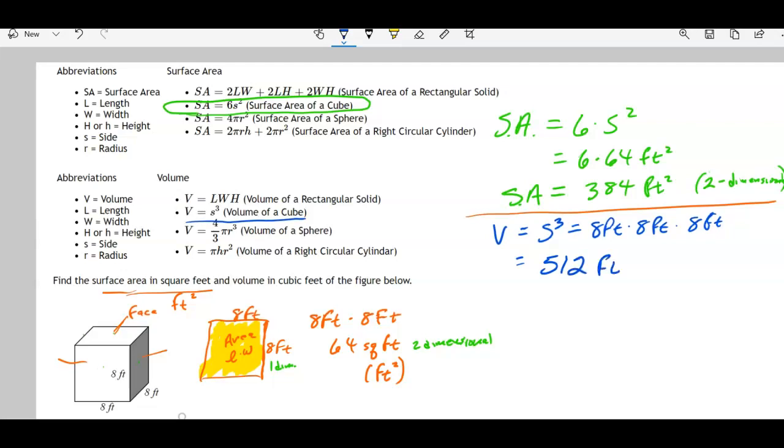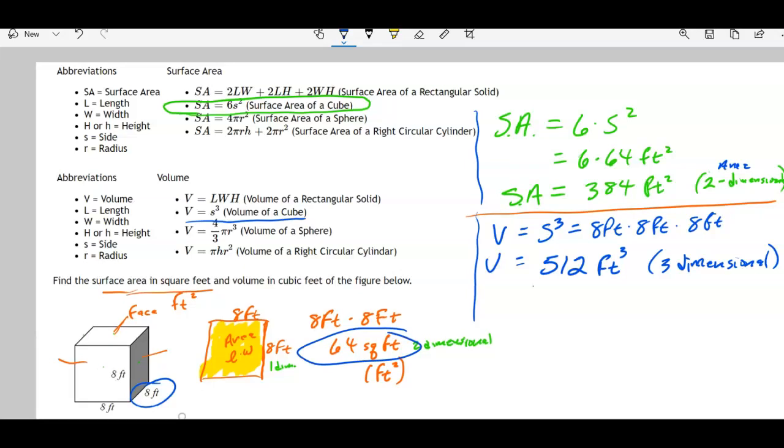But now, this is no longer two dimensions, which was an area. This is a volume, and this is three-dimensional. Feet times feet times feet is cubic feet, and we abbreviate that like this. So that's the volume. I hope this has helped you understand the difference between one-dimensional measurements, two-dimensional measurements, and three-dimensional